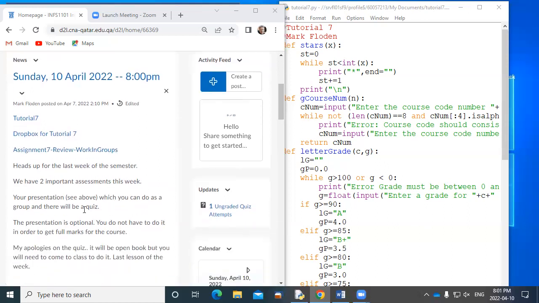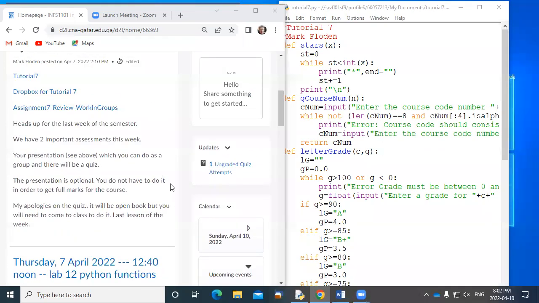There will be a quiz in the last lesson this week. So sometime between now and then, I'll get some information about the quiz and the test, I suppose, because next week is the test on the 18th. And so maybe we can do some revision. I'll try to see what we can do for revision. But the final exam will be everything in the course. So that's what there is today. Last lesson this week, we'll do the quiz, which will just be on the last couple of chapters.